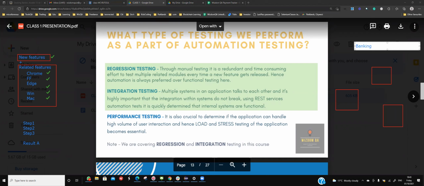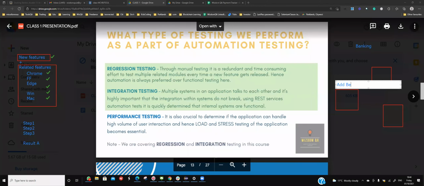In the banking application, how it happens is that, for example, you want to transfer some fund from your account to your friend's account, but your friend's account is not registered in your account profile, right? So basically there are two different modules in the situation. Number one is add beneficiary. And then you have another module, which is transfer fund,